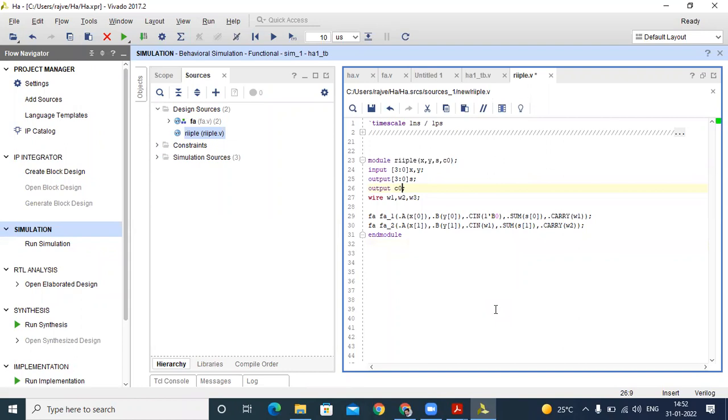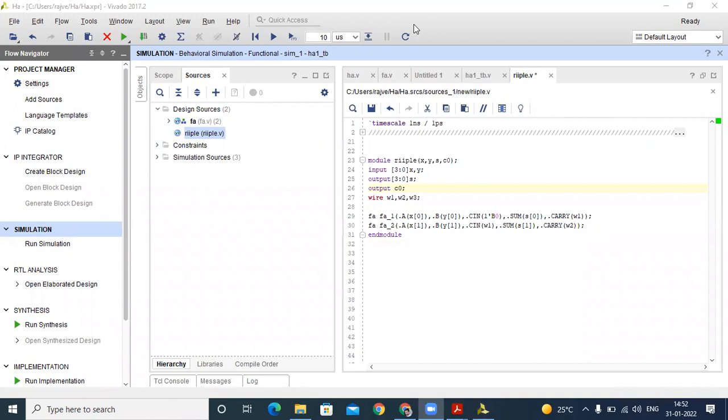Okay, does everybody have any doubt about that? How to call a module and how to connect internal ports, wires, and all the structure? Hello? I think my net is not stable. Firstly,